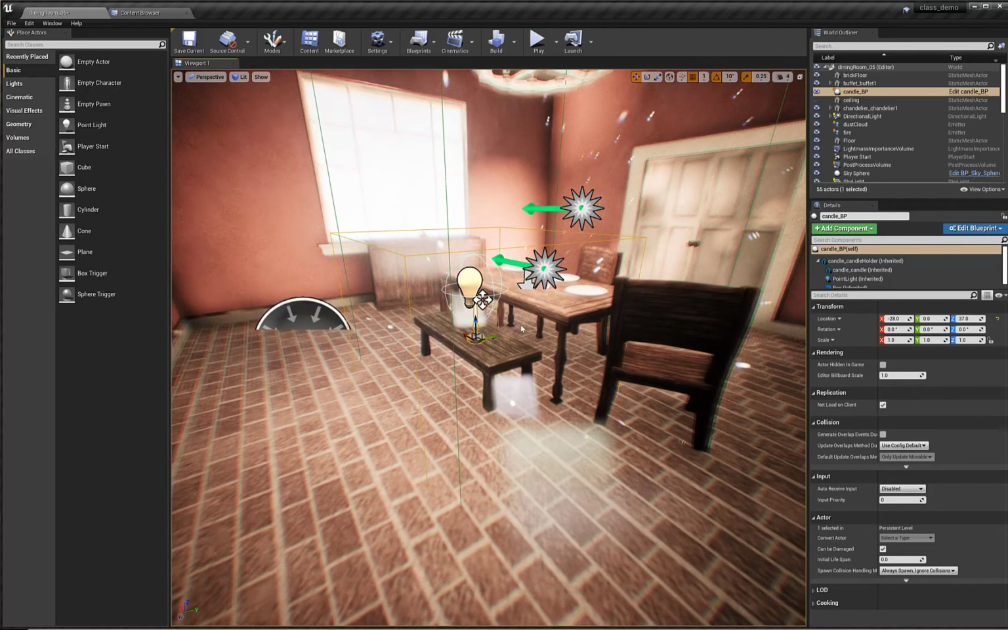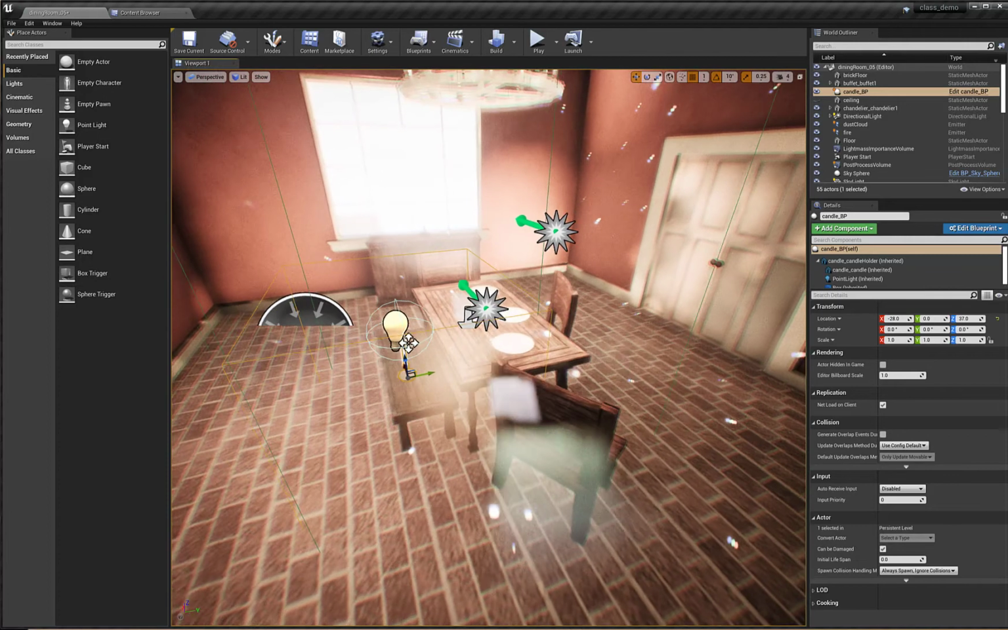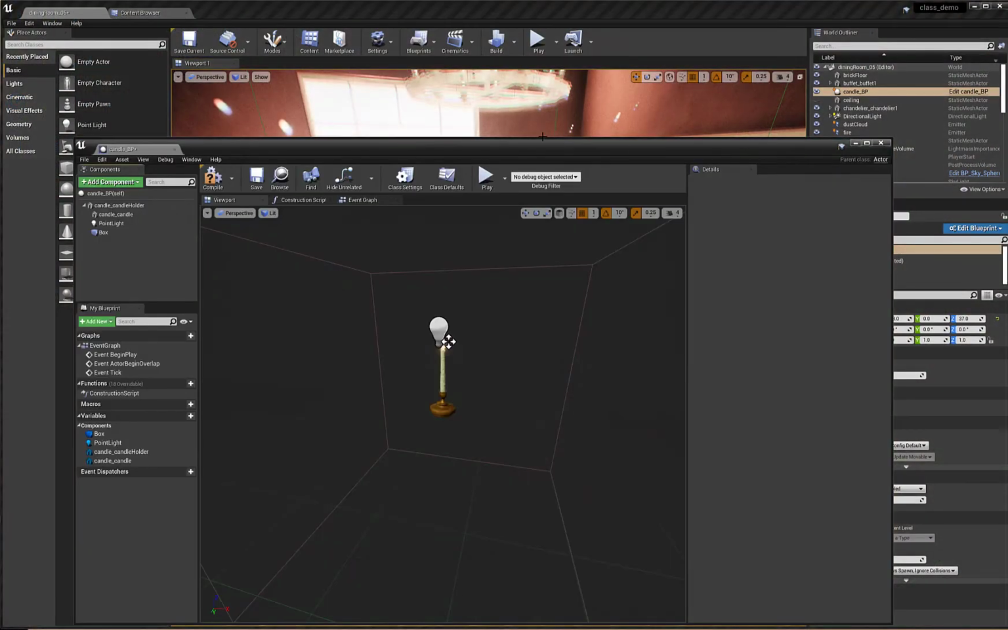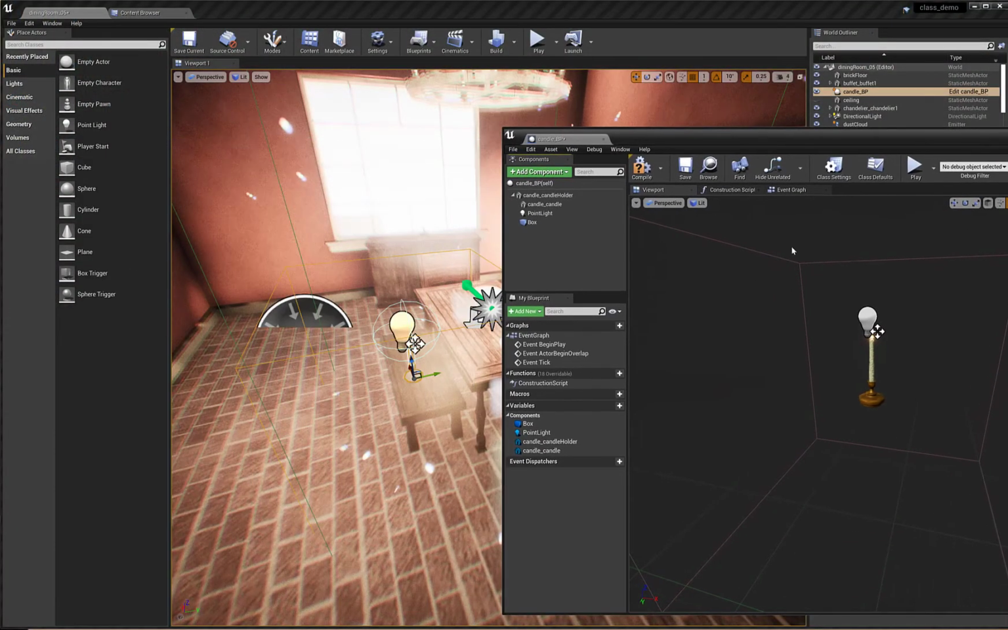Okay. So now that it's in the scene, I can get a better sense of the scope of that collision box. Let's pull this back up. And the first thing that I want you to be aware of is that any change that I make here,